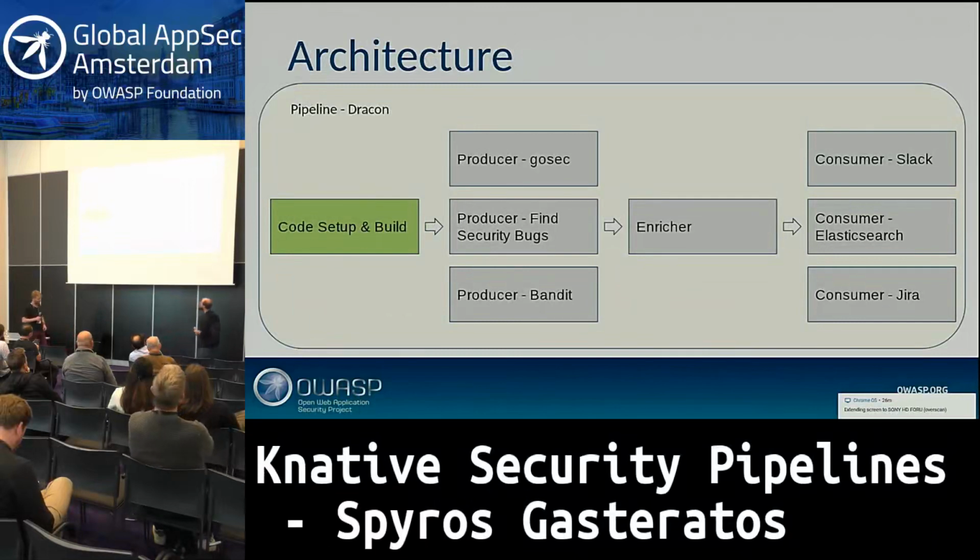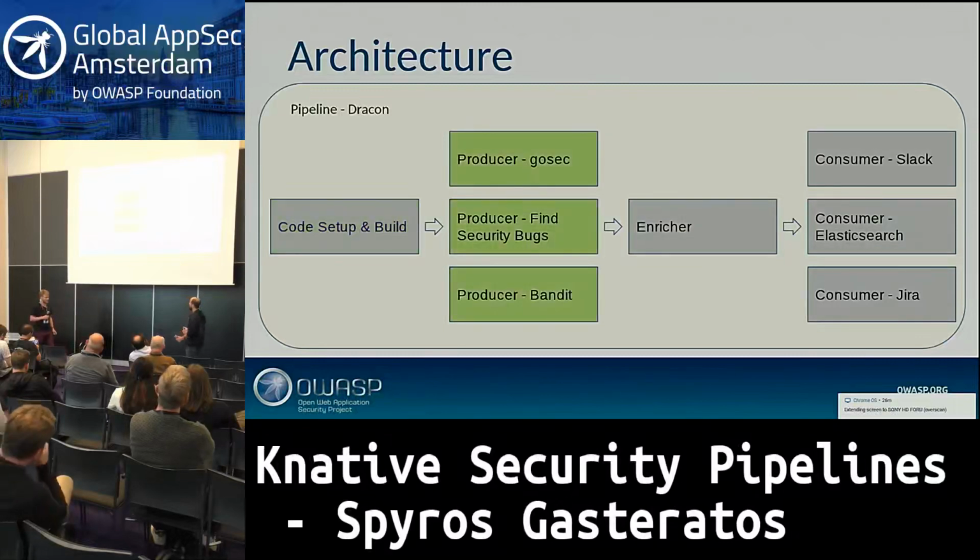Yeah. So back to the architecture. As we've got here, we start off with a code setup container. This basically gets your code into the pipeline. It takes some secrets. We pull them out of HashiCorp Vault, and basically clone our code and get it ready for the producers to do their thing. Then the producers take their launch tool request protobuf, which says what they've got to do. They produce their results.